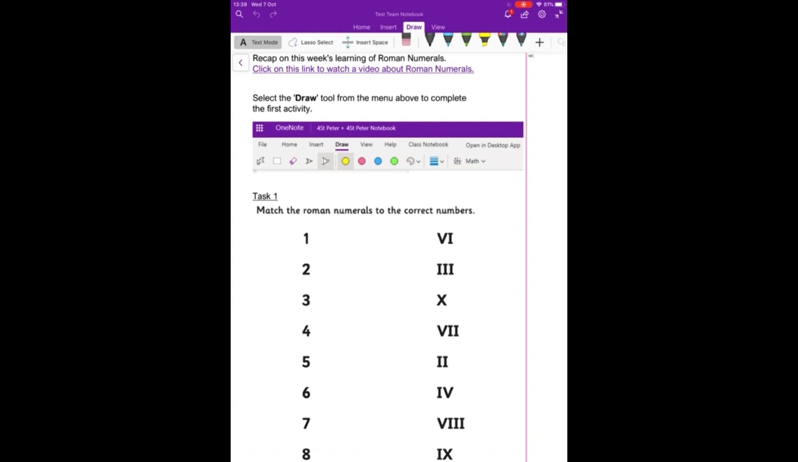So I'm going to select the blue pen, and what I'm going to do is connect some of these numbers to the correct numerals. So just draw across with their finger like so and connect them to the correct Roman numeral. Everything that your child does on their page, whether writing or typing, will be saved automatically. So please remind your child to be cautious when they are typing or writing on there, as it will all